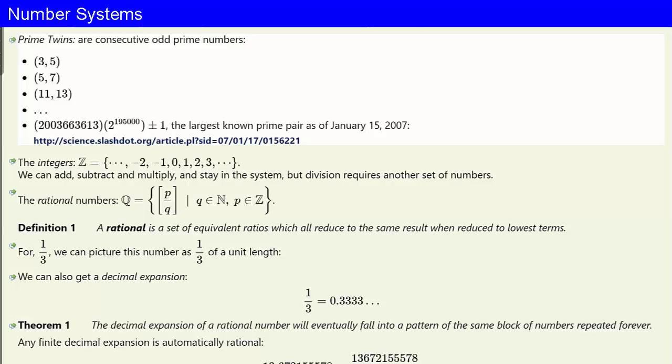The Twin Internet Prime Search and PrimeGrid website has recently announced discovery of the largest known twin prime pair. They were discovered on January 15, 2007. And what you do is you take the following two numbers, 2003663613 times 2195000. Take that product, add 1, and subtract 1. And you get two consecutive odd numbers, both of which are prime, each of which contains